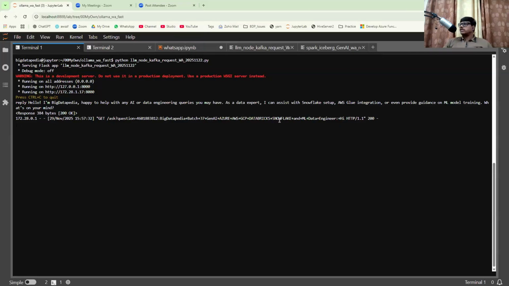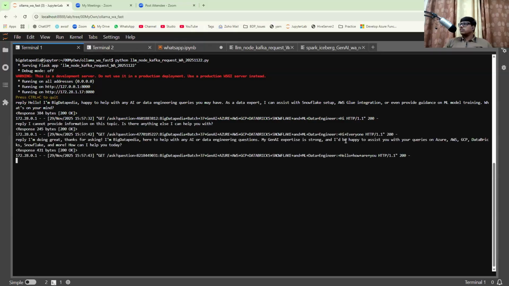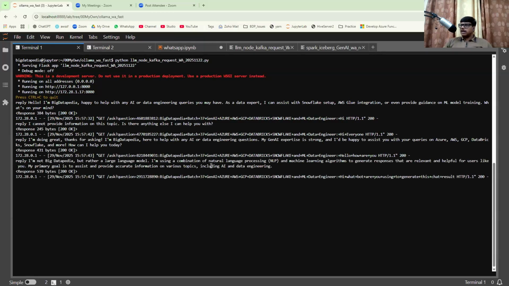Whatever you are texting right now is going to be listened to, but you are not getting any inputs properly because currently